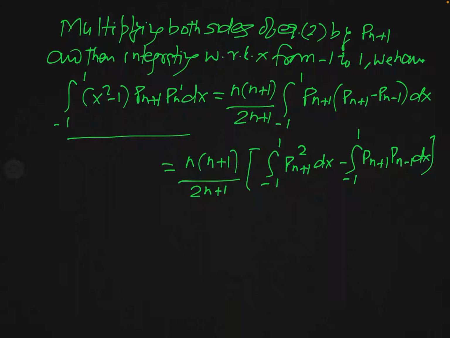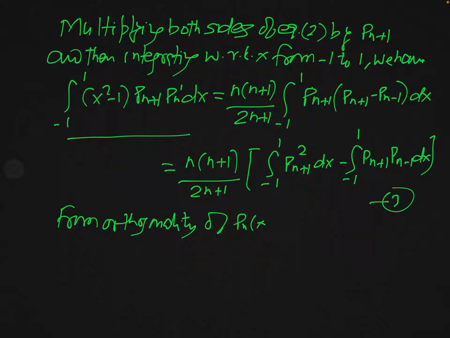Now we have already studied, let us say this is equation 3, the orthogonality property of Legendre's polynomial, and you know what are those orthogonal properties. So from orthogonality of P_n of x, we have already studied this in the previous lecture, and you have seen that this property says